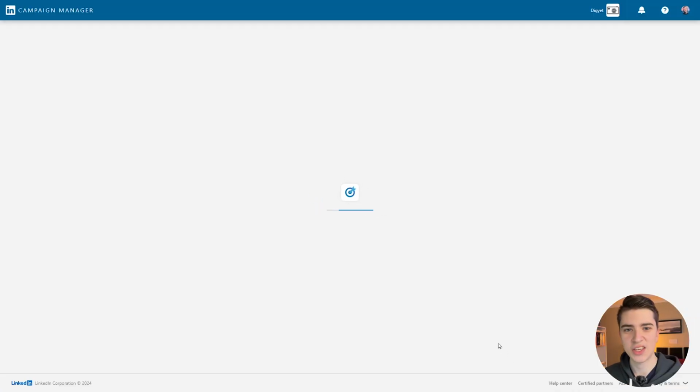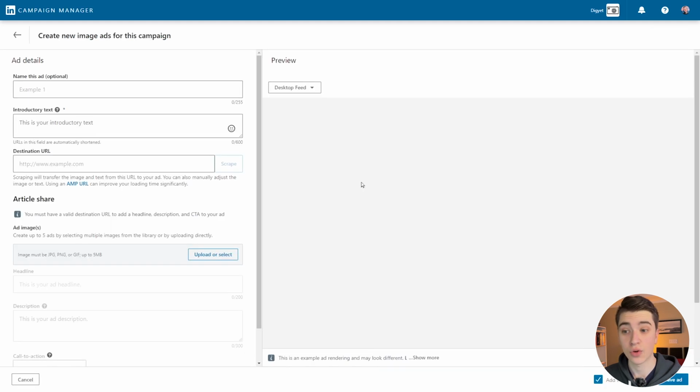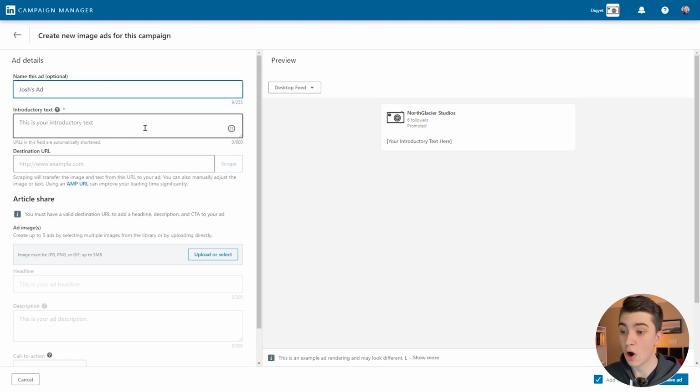So if I hit save and continue here, we can see we've saved our campaign, and now we can create an ad for our campaign. All we have to do here is either browse or create new. I'm just going to go ahead and hit the create new button. And this is where we can set up our ad details. So in my case, we can name this ad, we'll say Josh's ad,